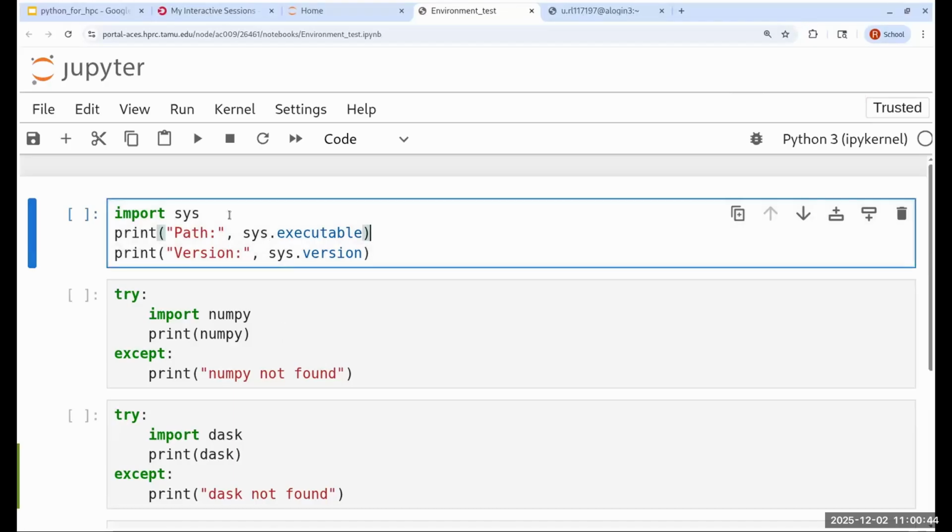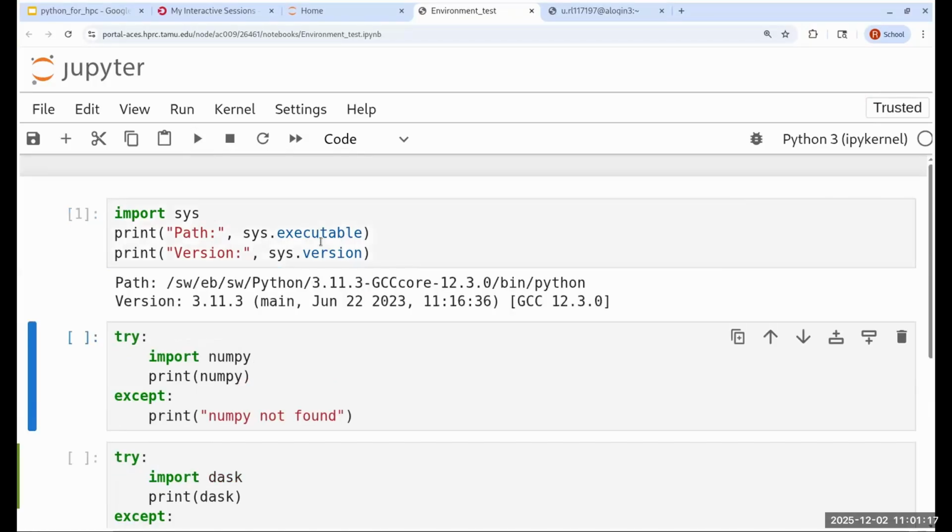So the first cell of the notebook has import sys, print sys.executable, and sys.version. Anybody here seen Jupyter IDE before? Are you familiar with this? Can you give a thumbs up in the Zoom if you have used Jupyter or Google Colab? Even IPython notebooks in VS Code are very similar. So the point is that you select a cell and then you click the run button to execute the code